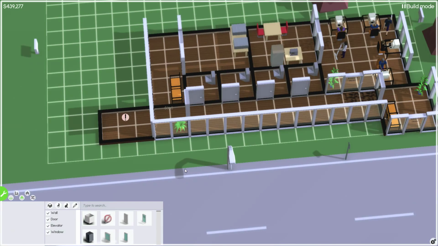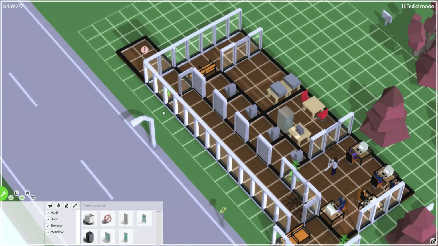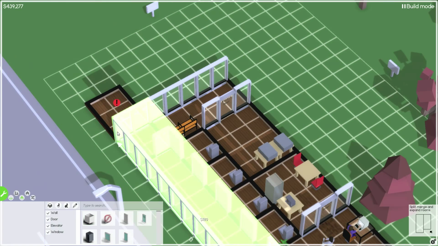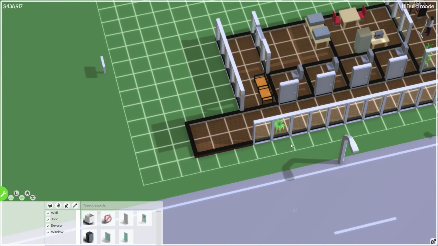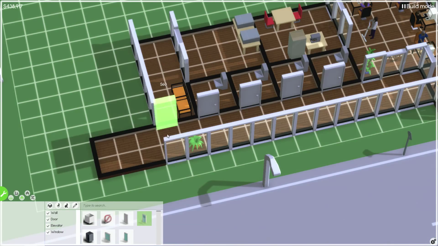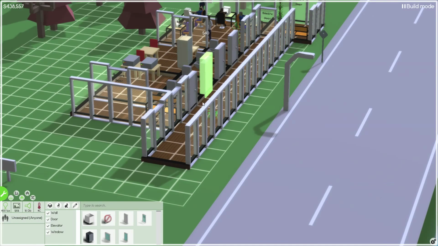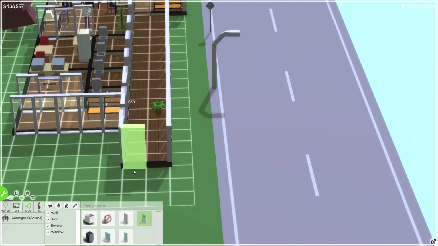What I want to do is go to there. And then make that into one room. That should work. That should work. Maybe we've got to make that into one room first. Like that, and then that into one room. There we go, that's what I wanted to do. And then I want to do that there, that there. Is that a window there? No, we've got a wall there. So I'm putting a door there,